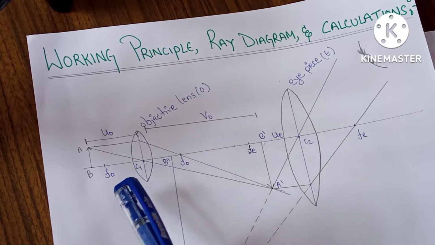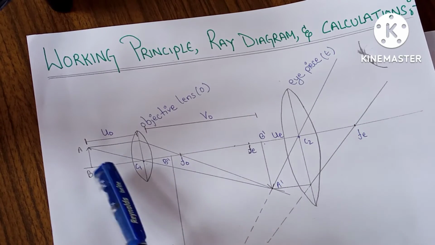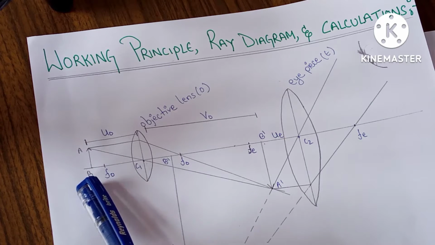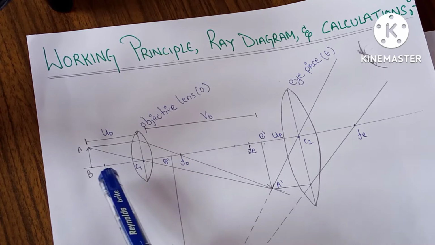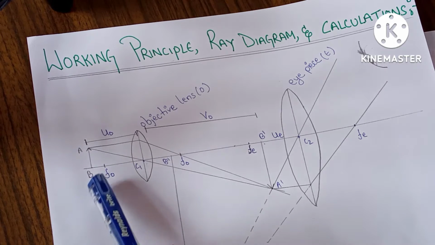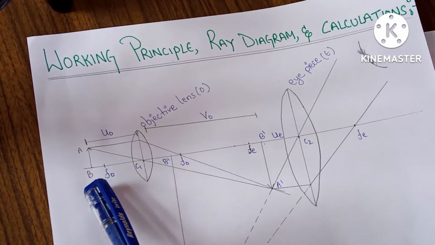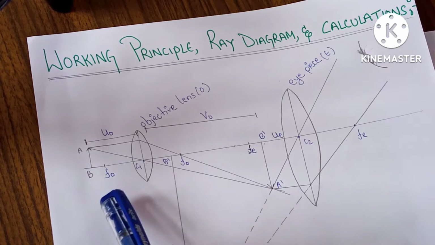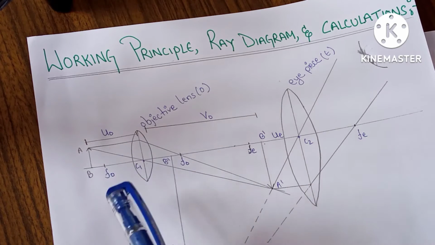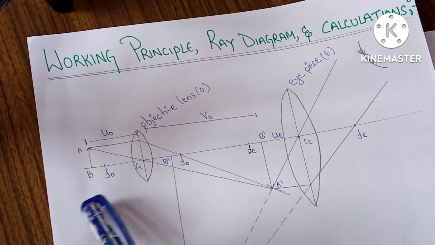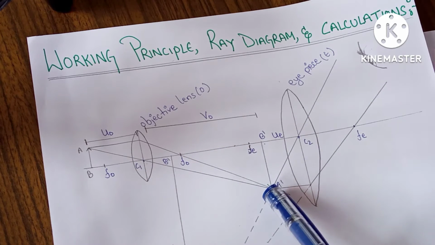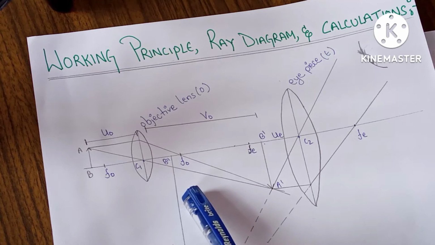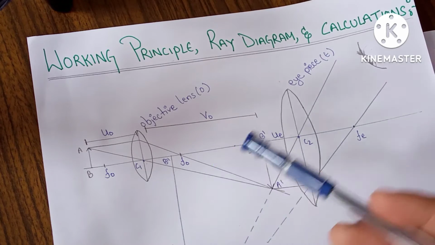Now how do we do the setting? The object is placed slightly beyond this focus, and you might wonder, when we place the object slightly outside the focus, where will the image of this object form? The answer is that the image will form on the other side of this lens, and we already know that